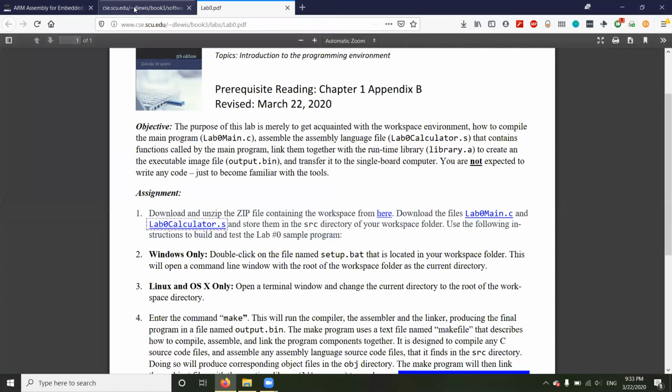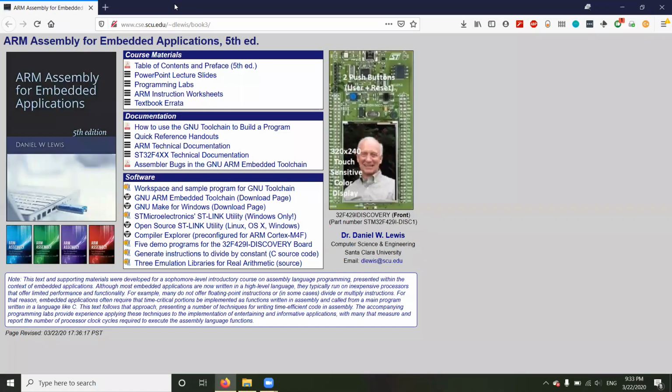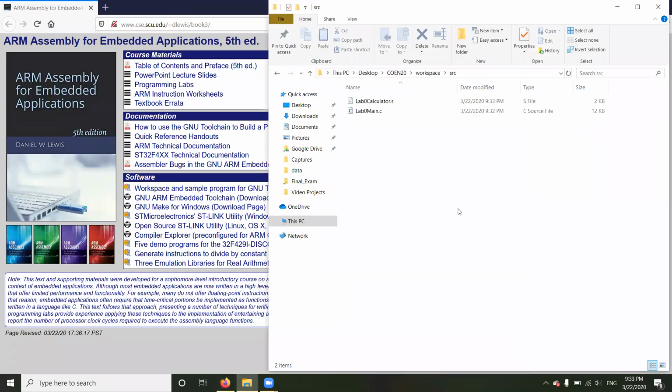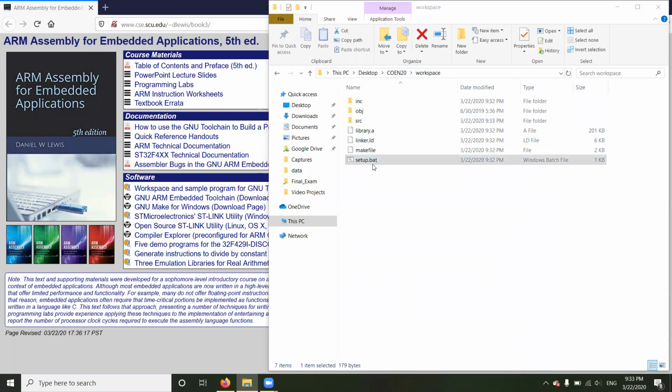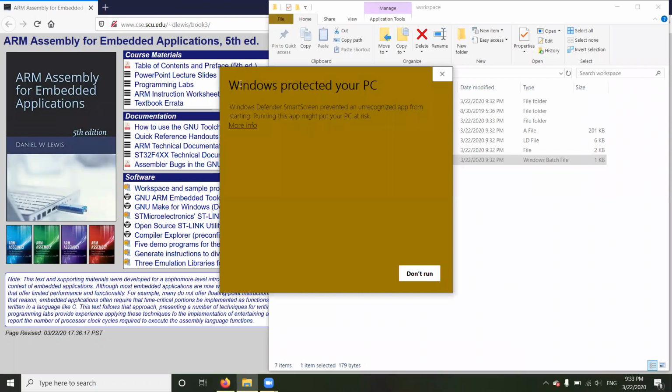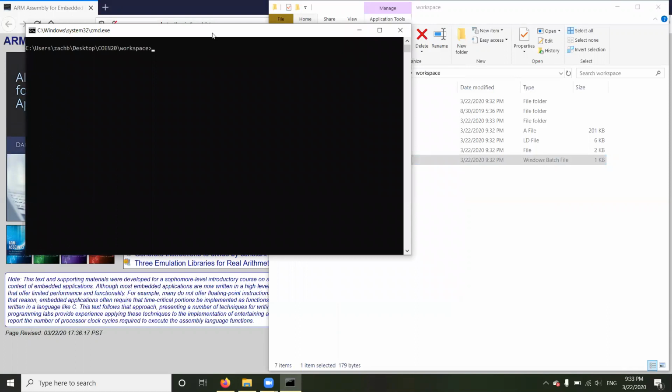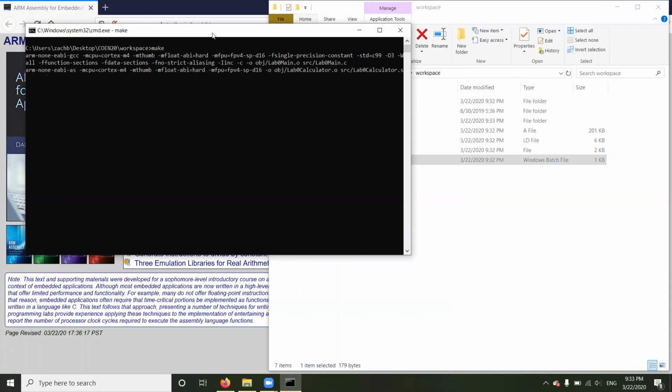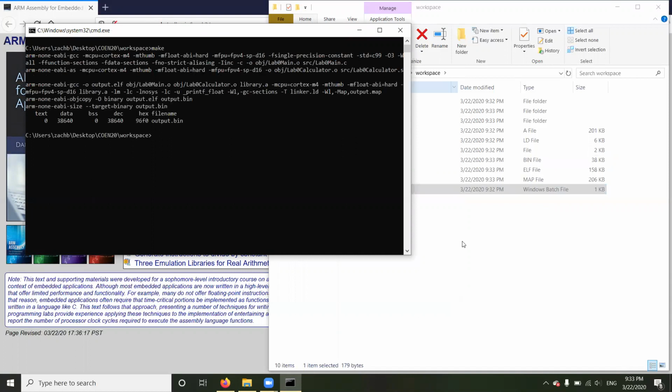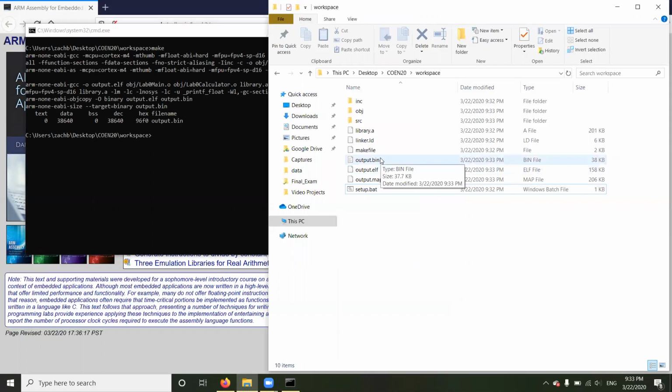Okay, great. So once we've done that, I'm going to close out of these tabs and open up our workspace. So this should be your SRC folder. It should have a lab0 main and a lab0 calculator. We're going to go back up one level into your workspace and then double click on this setup.bat. Now Windows isn't gonna like this, because it doesn't think it's safe, but we know it's safe, so we're just gonna hit more information and then run anyway. And this will bring up a terminal. So now we just want to compile this program, so we're just gonna run make. And if you did this correctly, this should give you an output.bin file,